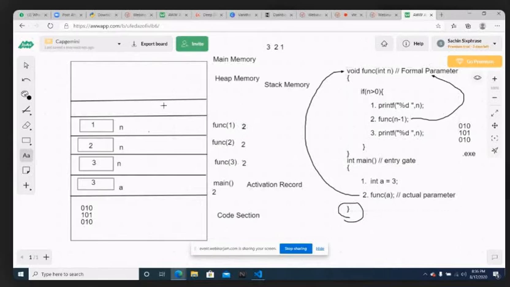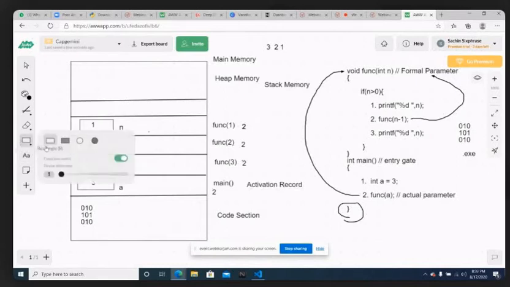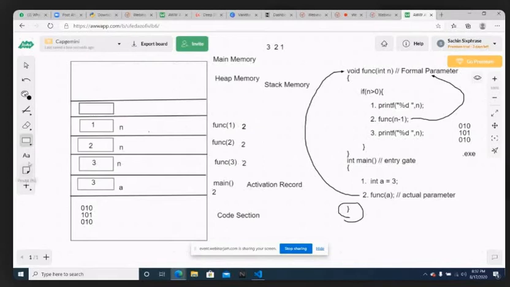So for calling the next function, one more activation record will be created. Let us consider this to be one more activation record, and inside that activation record we will create a new memory block for n. This is also the activation area of func, but for the parameter 0, because what you are calling is n-1. What is the last value? 1. 1 minus 1 equal to 0. Now the new value of n is equal to 0.